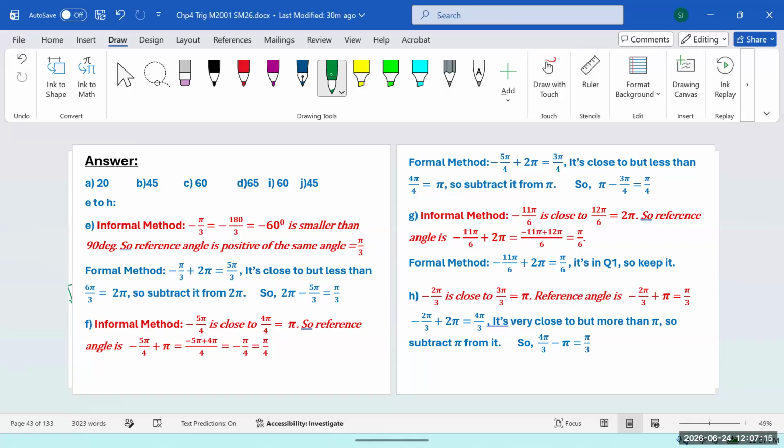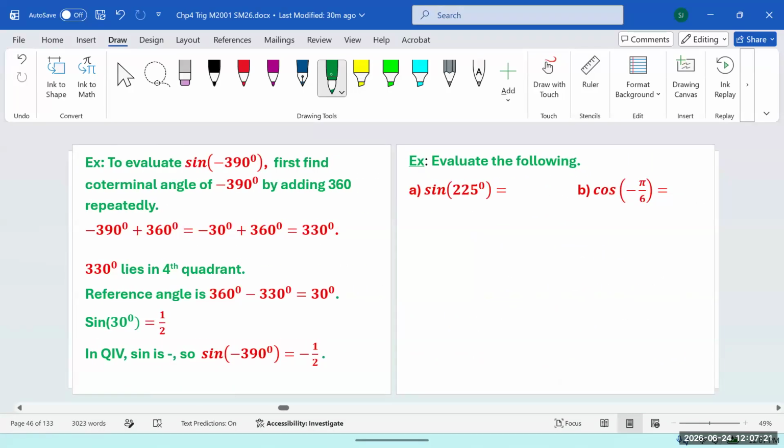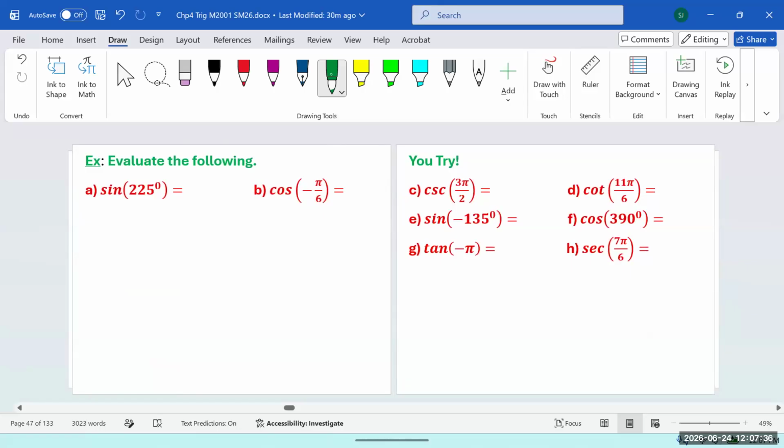Let's do a few more examples. Sine 225 degrees. Let's try this. We are going to do a few examples together, and then you're going to do it on your own. Find how much is sine 225. Okay, so step 1,